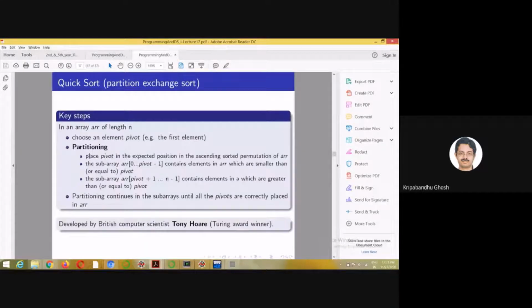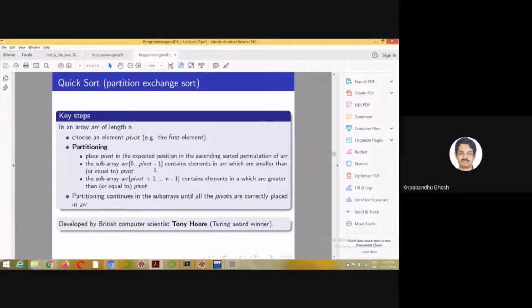So partitioning: we choose an element as pivot, and usually it can be taken to be the first element. After the pivot is placed in the expected position in ascending order, the left subarray is from 0 to pivot minus 1 and the right is pivot plus 1 to n minus 1. The array elements are from 0 to n minus 1, of course.